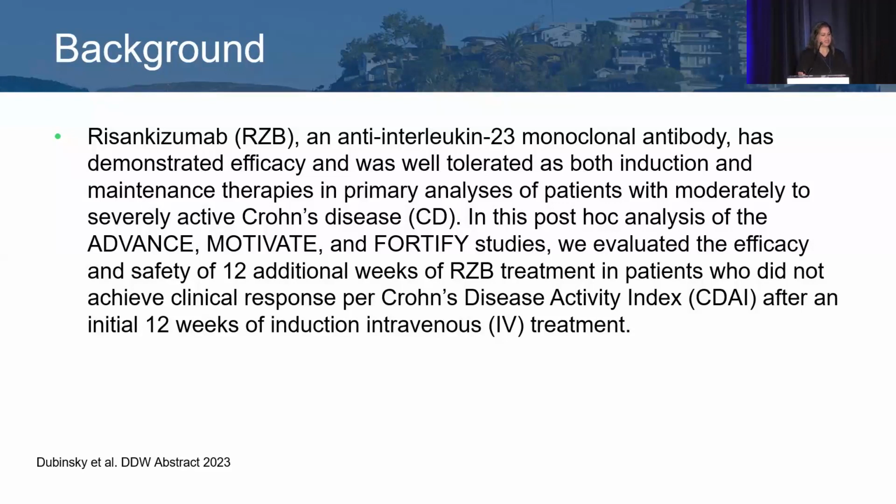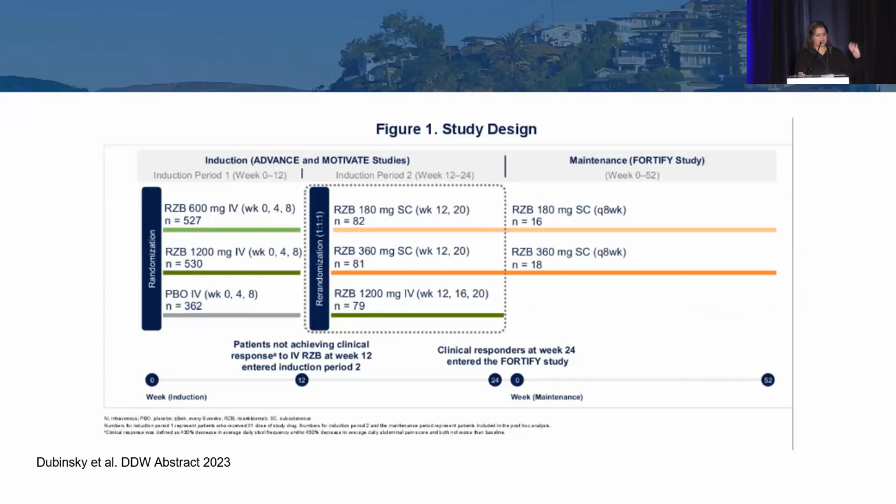This is a post hoc analysis of the Advance, Motivate, and Fortify studies, and they evaluated the efficacy and safety of 12 additional weeks of therapy in patients who did not achieve clinical response per the CDAI after an initial 12-week induction. So this is the induction and maintenance study design. In the Advance and Motivate induction studies, patients without clinical response, which is stool frequency, abdominal pain scores, criteria to the initial IV induction at week 12, were re-randomized in a